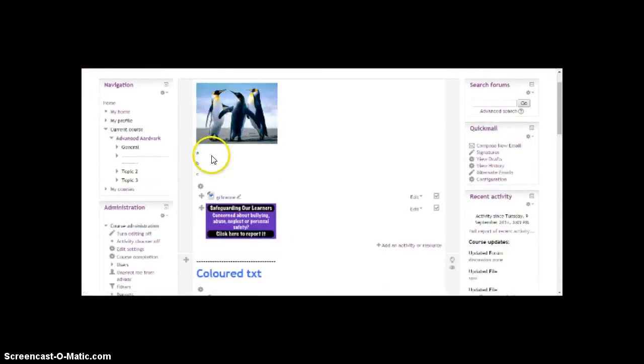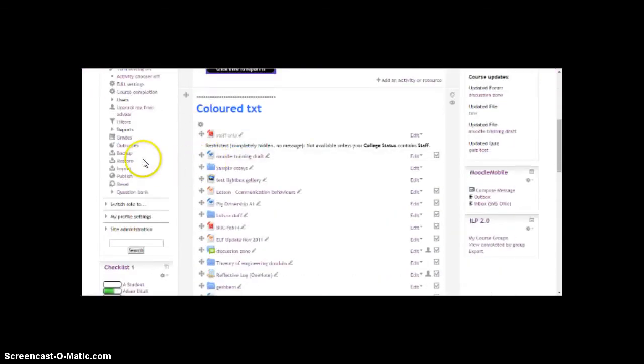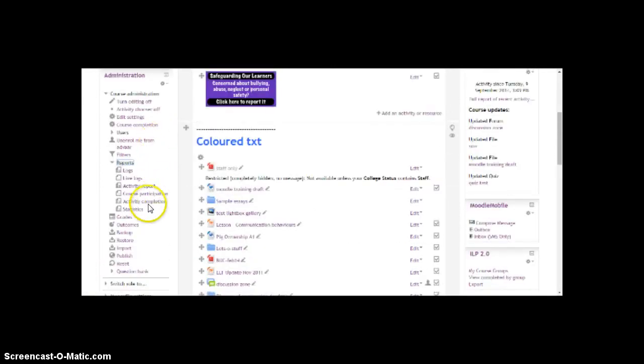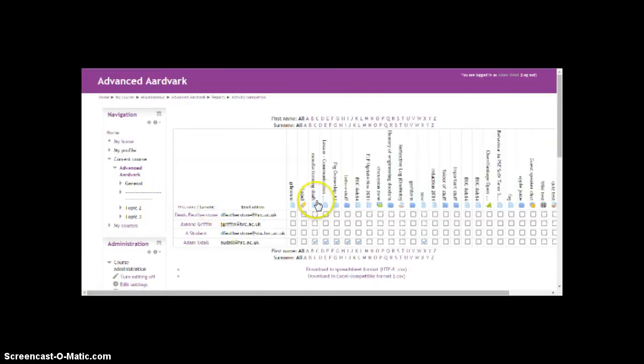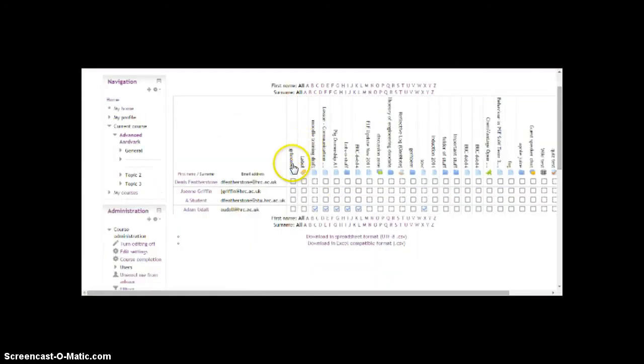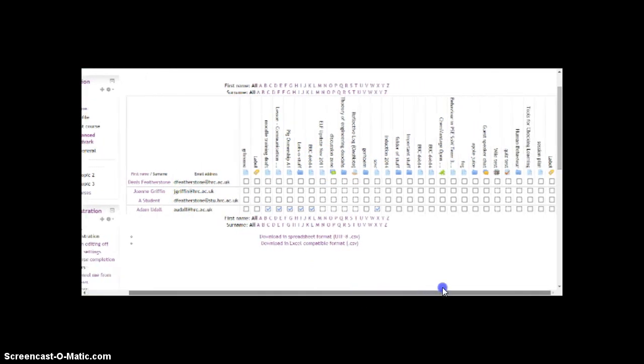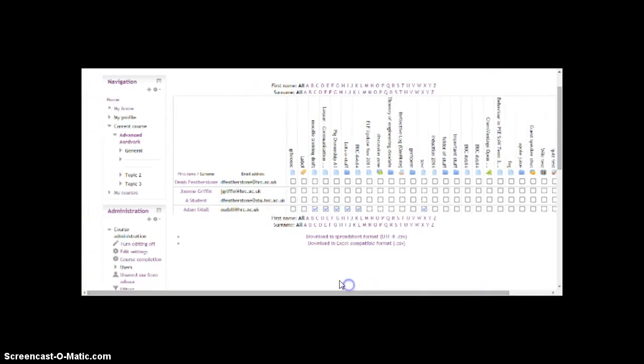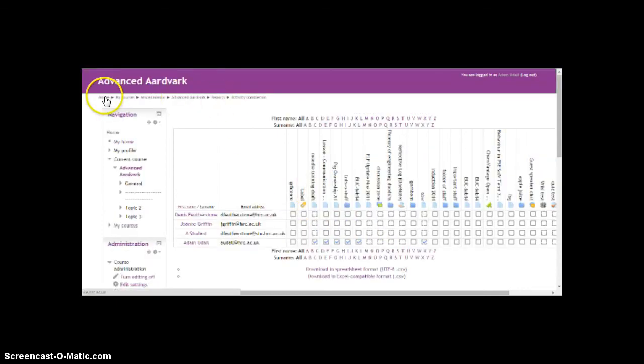Now, I will now show you how to view the reports for activity completion. As you can see, every activity or resource is displayed here. Every student on your course, you can list it by name. You can download this as a spreadsheet. So yeah, completion tracking